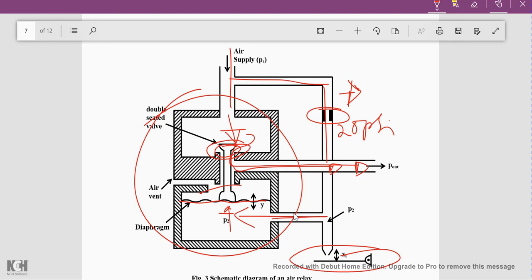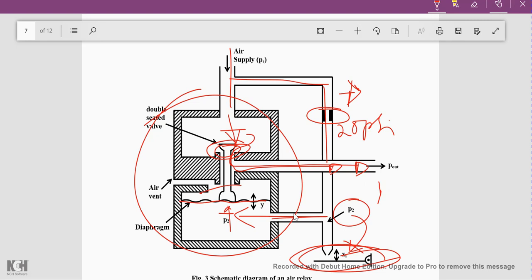we can get the required output pressure, as well as use this flapper in order to control the pressure P2. Sometimes pressure P2 will be too large. In that case we can open this flapper to reduce the pressure P2 and get the output accordingly. We do not want the output to be very high, we want it sufficiently high but not too very high. So in order to control the output, again this P2 is to be controlled. To control that P2,